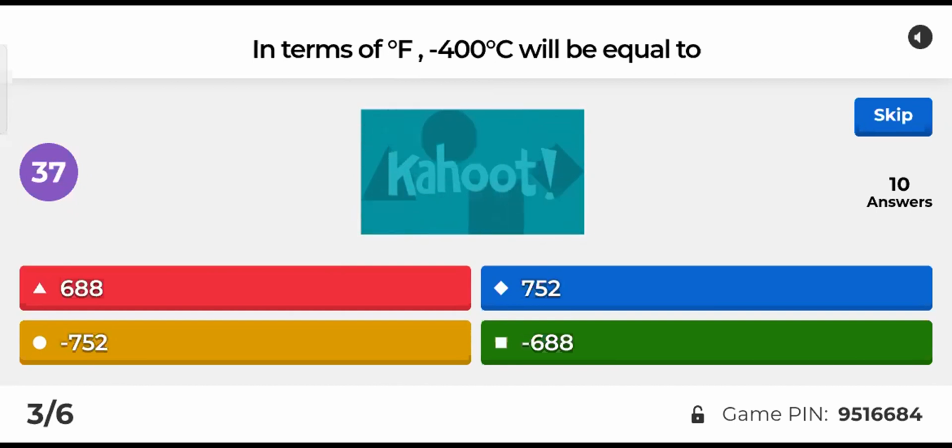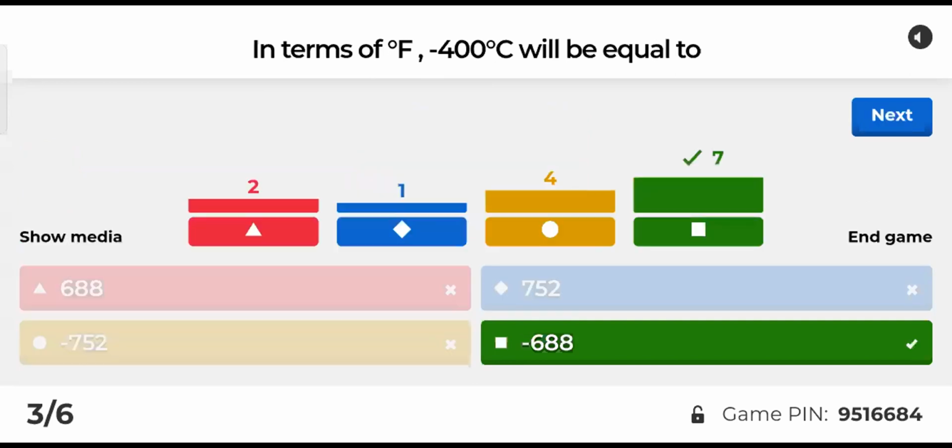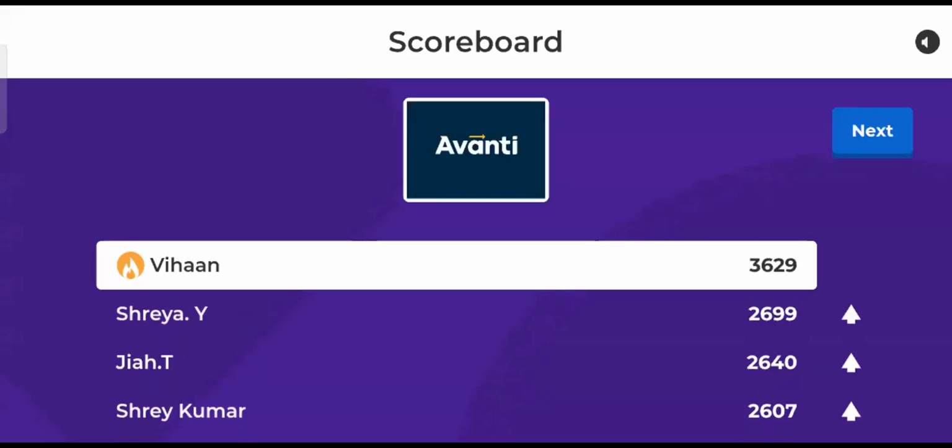Just use the formula, right? C is equal to... same kind of problems we did, no? We converted 36 degrees centigrade into Fahrenheit. So here, instead of 36, it is minus 400. Minus 752. Sir, after a long time, sir, I got the correct answer, sir. Sir, why does the quiz show premium on your laptop? Have you taken something from the quiz? So the answer is minus 752. We will discuss. I will discuss this, right? The answer is minus 638. Okay? So how, sir? We will discuss. I cannot write in the